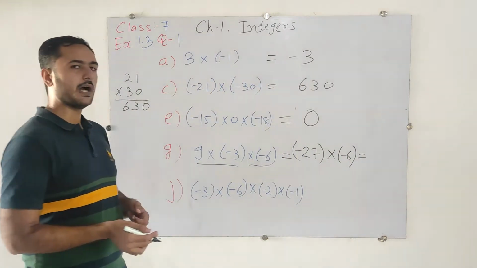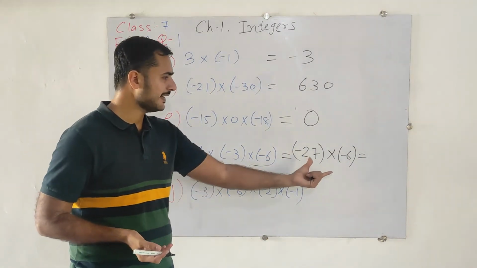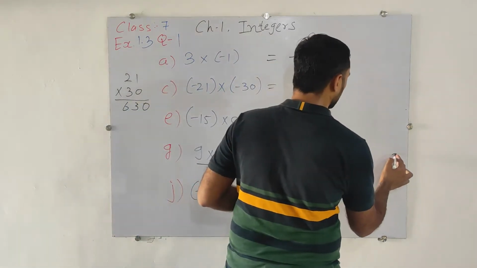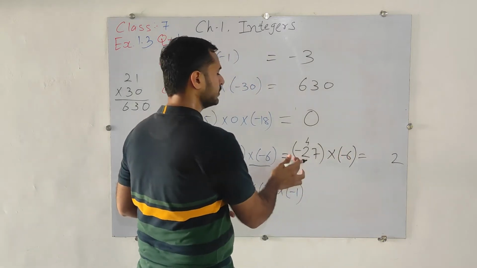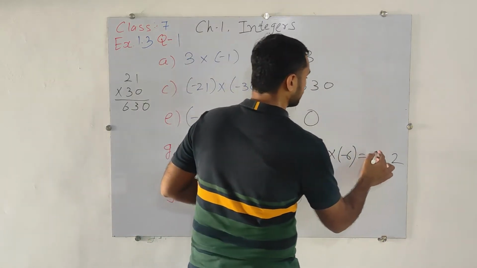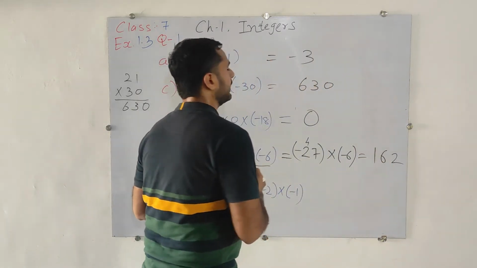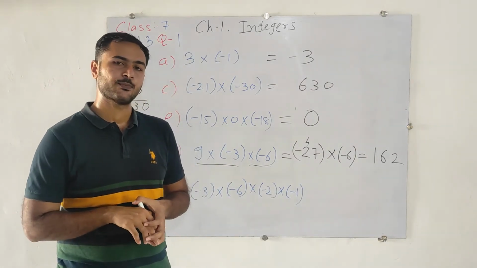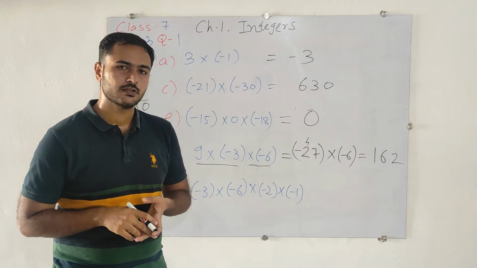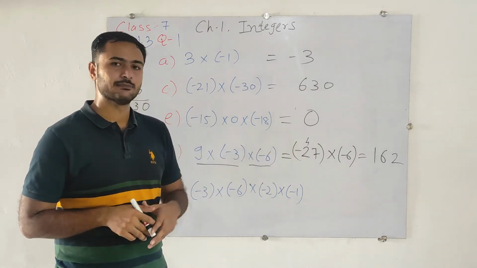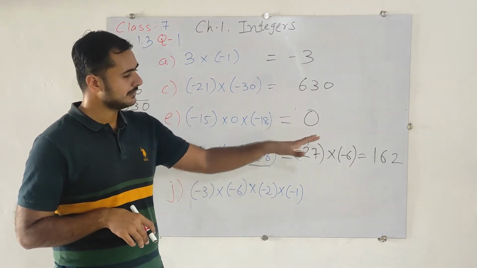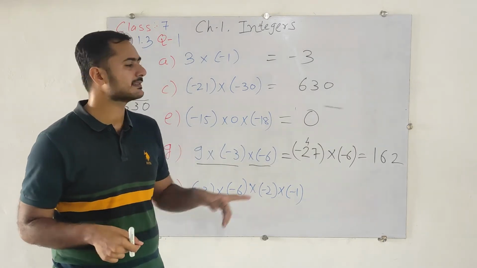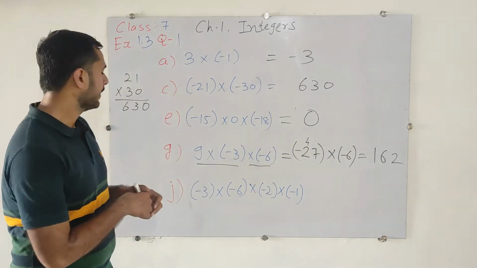Done. Okay. Now again, that's really very easy. How will we do it? 6 7s are 42. So 2 is here, 4 is carry. 6 2s are 12. 12 and 4, 16. 162. But the question arises, which sign will we put there? Again, we will see the sign chart. It's minus, minus, minus, minus, plus. It means plus 162. That is our answer. And no need to place a plus sign in any number.